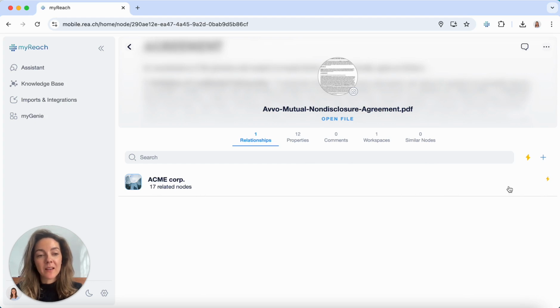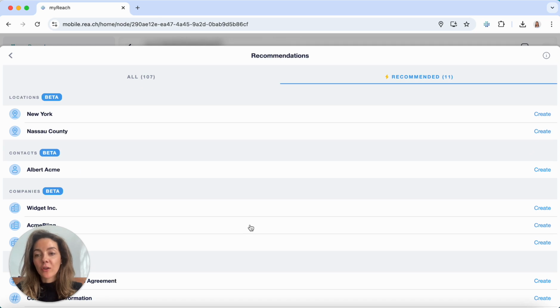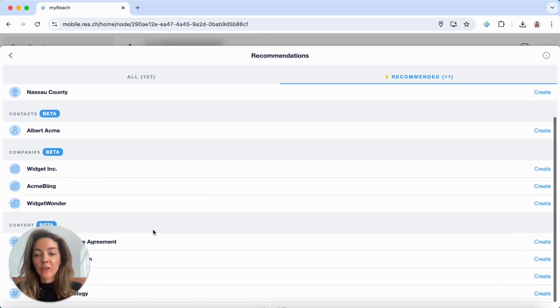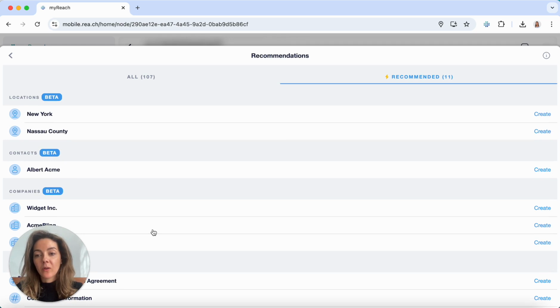in your workspace. But what it can also do with the AI, it can recommend you other locations, contacts, companies, other tags that you can create based on the content of the file that you have uploaded. So in this case, it is a contract based in New York. So it has detected that and it creates the location in New York that it recommends in case you want to create this tag,